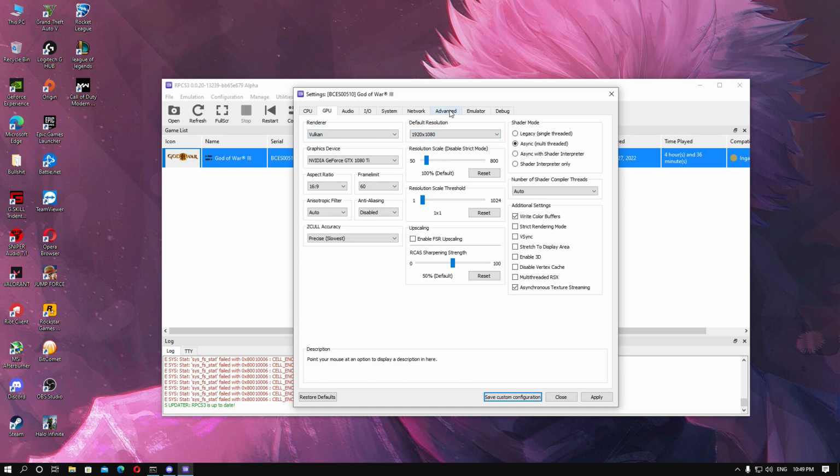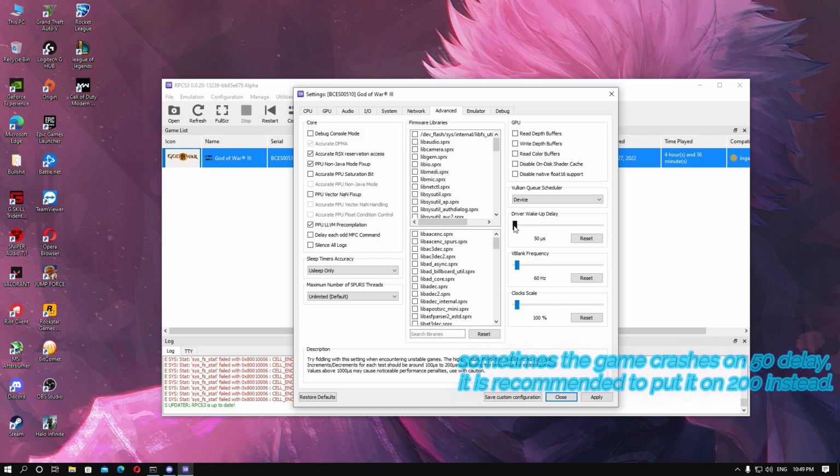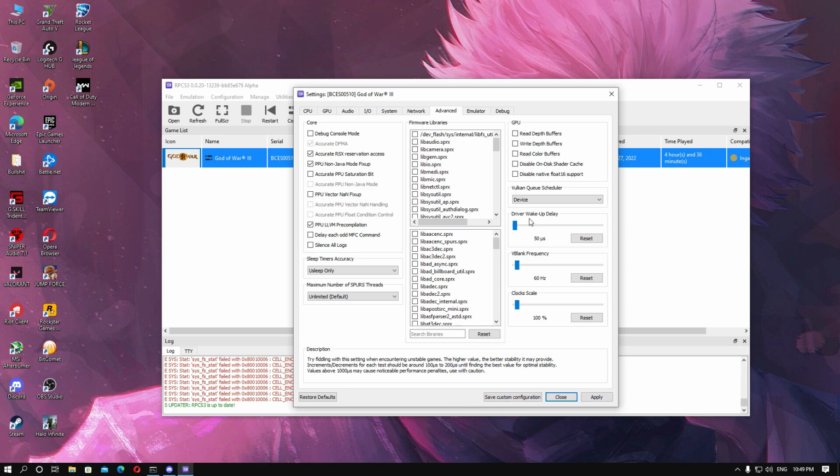And for the advanced section, here are my settings. And for driver wake up delay, make it from 50 to 200. If you have it on 0, you might encounter a crash in the game that is not fixable, and you'll have to Alt F4 and then open it again, and you'll encounter it again. So you have to make this one from 50 to 200,